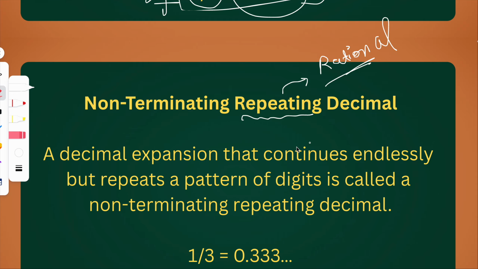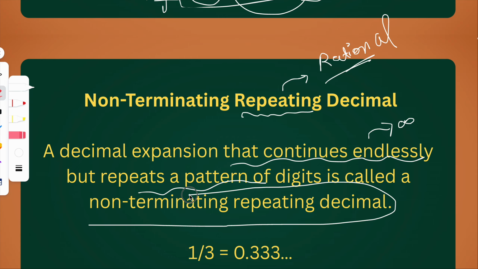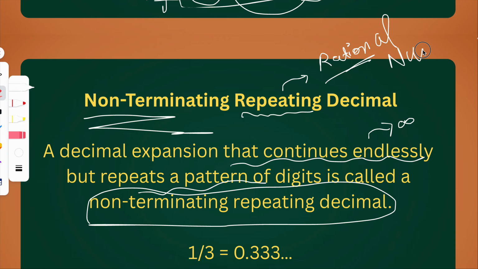So a decimal expansion that continues endlessly, basically जिसका कोई एंड ना हो, it goes to an infinite value, but repeats a pattern of digits. मतलब जो उसके डिजिट्स होते हैं वो रिपीट होते हैं, is called a non-terminating repeating decimal. ओके, कोई भी डेसिमल एक्सपेंशन जिसका कोई एंड ना हो, मतलब इन्फिनाइट नंबर ऑफ डिजिट्स हो, बट उसके डिजिट्स रिपीट हो रहे हो, तो उसे क्या बोलते हैं? नॉन टर्मिनेटिंग रिपीटिंग डेसिमल। और ये टाइप ऑफ डेसिमल्स क्या होते हैं? रैशनल नंबर्स।